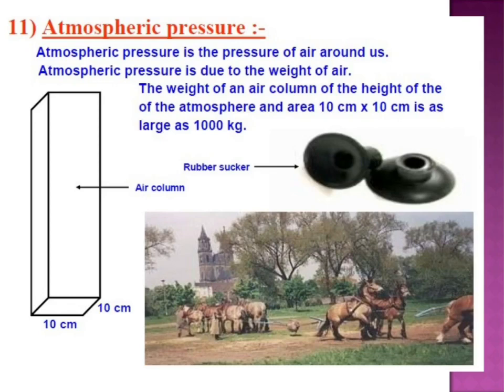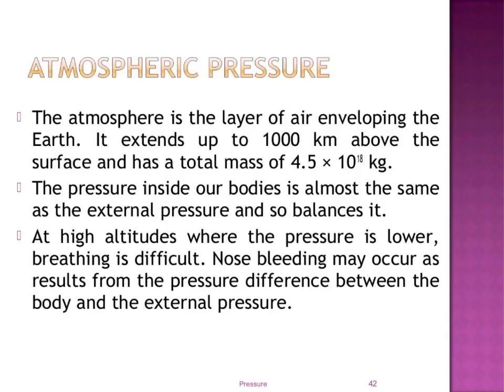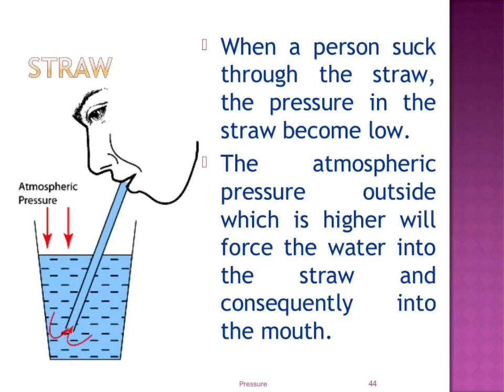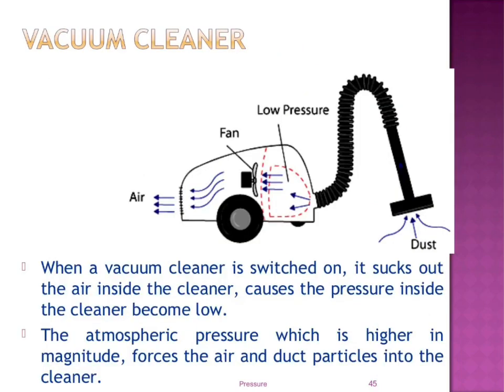Next is atmospheric pressure. Atmospheric pressure is the pressure due to the weight of the air. It is measured by using a special device known as a barometer. We use many simple devices in our everyday life which work on the existence of atmospheric pressure. For example, devices such as a drinking straw, a syringe, a dropper and a rubber sucker work on the existence of atmospheric pressure around us.